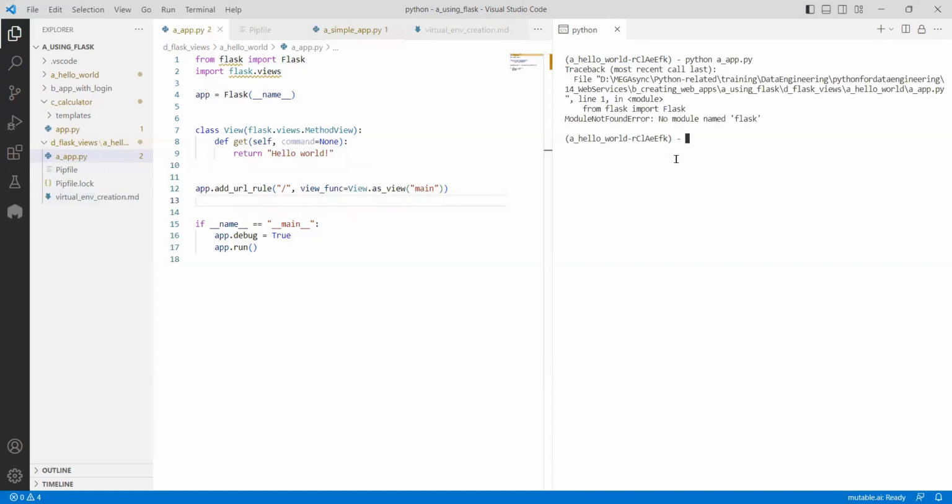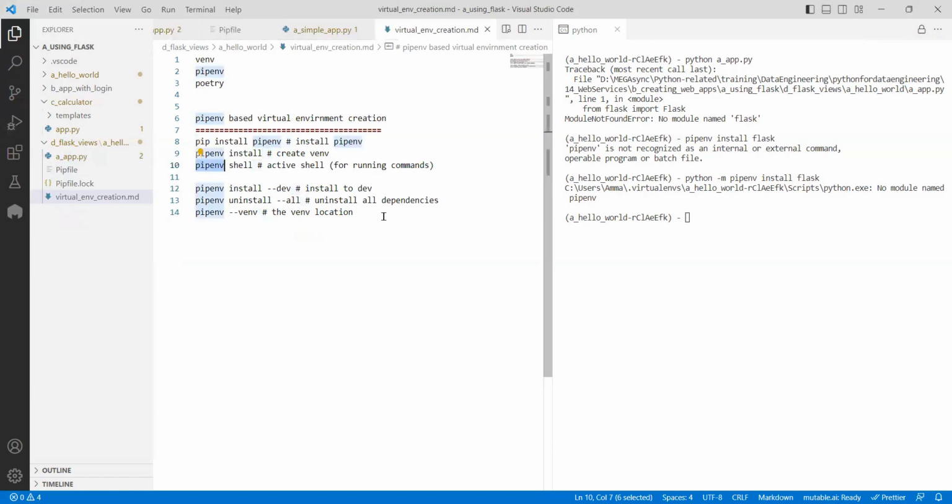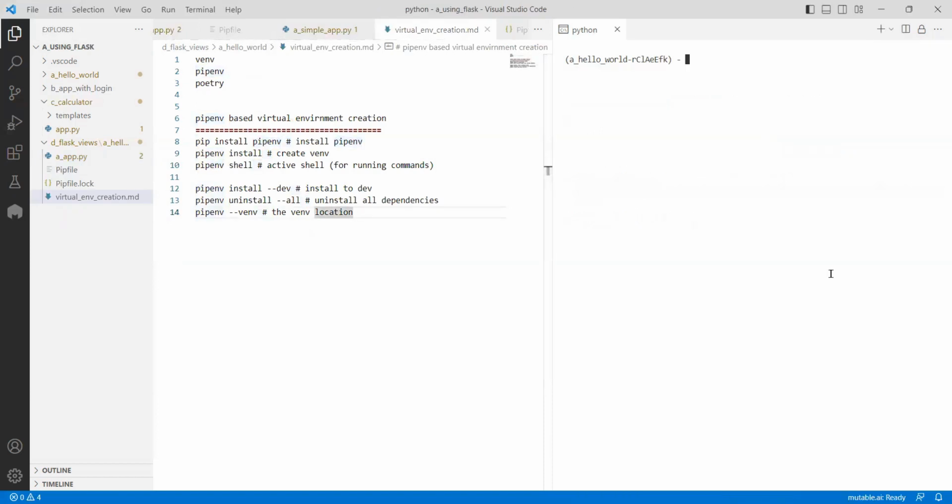Now we created a virtual environment, but did we install Flask? No. So should we use pip install Flask or pipenv install Flask? So pipenv install Flask. It is saying pipenv is not recognized. Again, python -m like this. What is it saying? No module named pipenv, because we have gone within the virtual environment, right? So again, it doesn't need it within that. If I do pip install